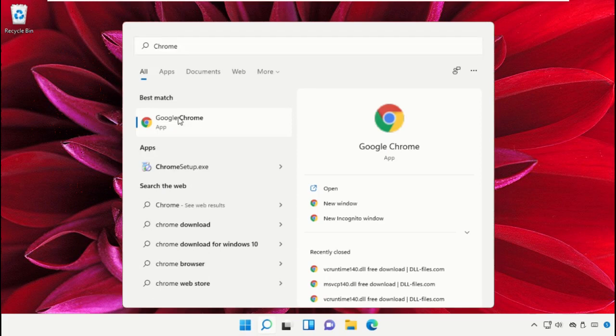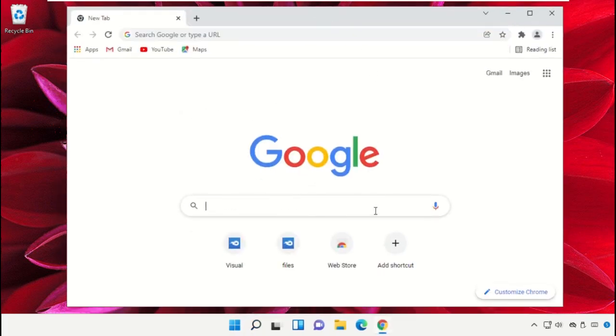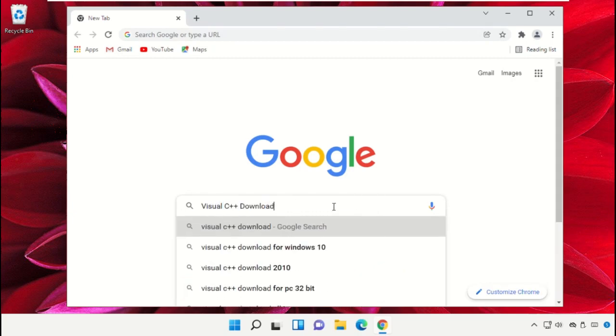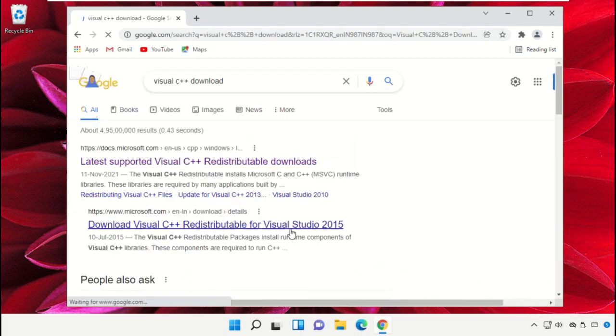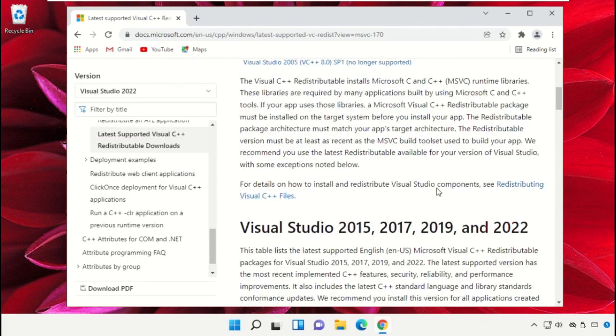Open Google Chrome and in the search bar type Visual C++ download. Now click on the first link from the search results. Now scroll down